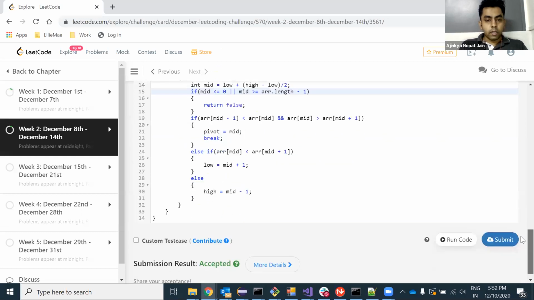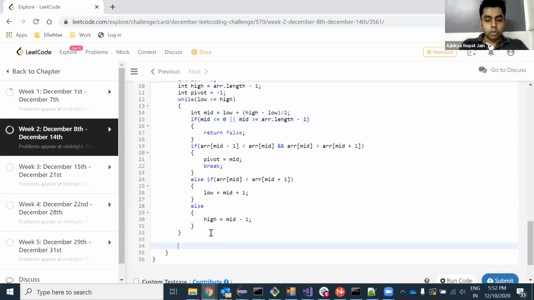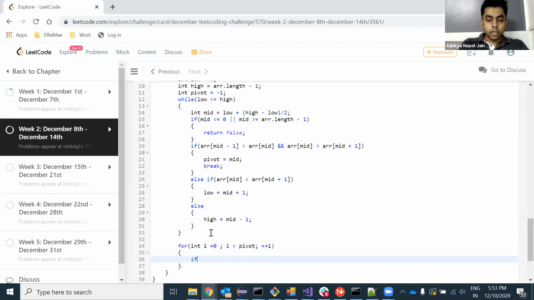Then if we find the pivot, we'll iterate through the elements, with i less than pivot. Now we'll see whether the elements are in strictly increasing order or not. If they are not, then we'll return false.